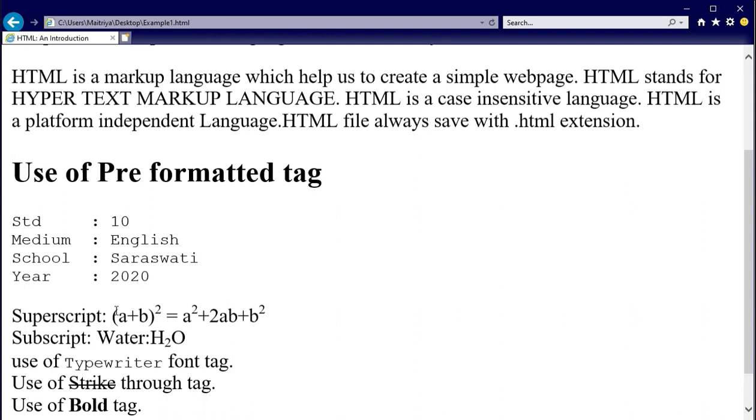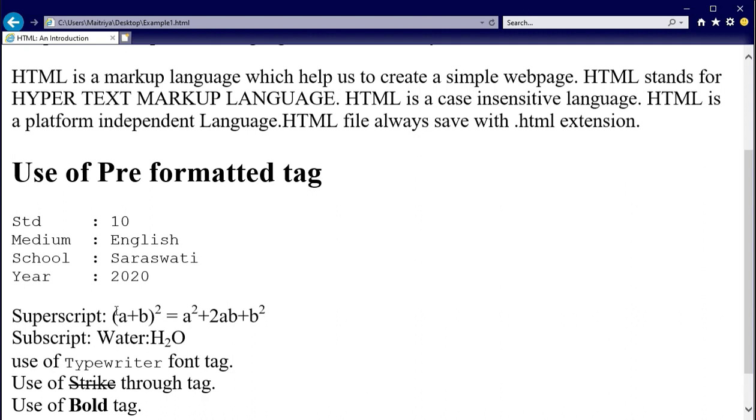So let us revise how many tags we have learned. First is the structure of HTML. After the structure of HTML we saw the use of the title tag, and before that both sections, the head section and the body section, which we can consider as the head element or body element. The title tag is written inside the head section only.